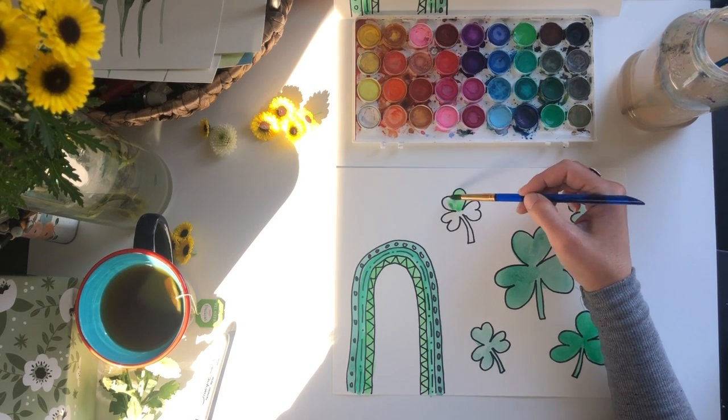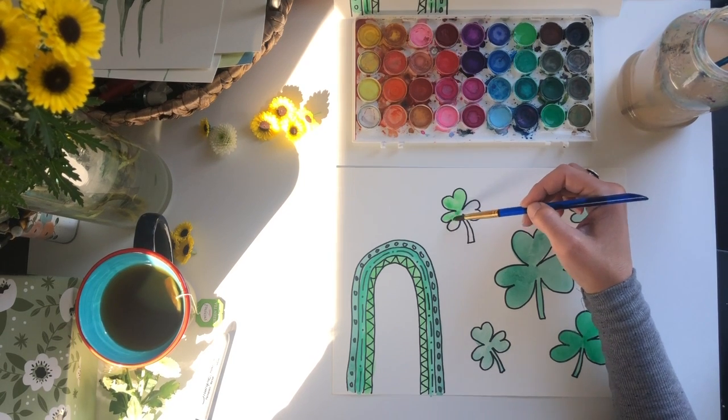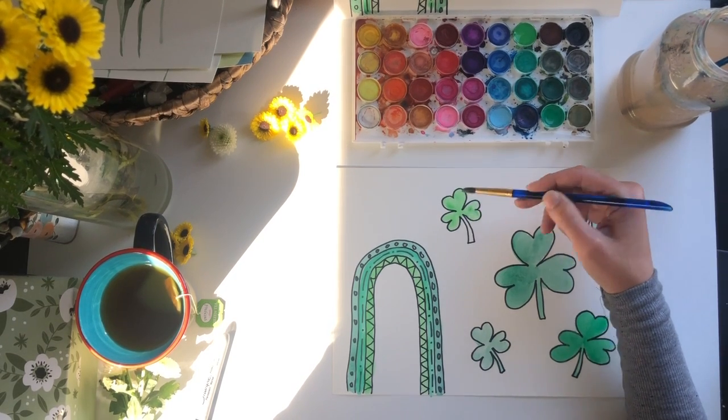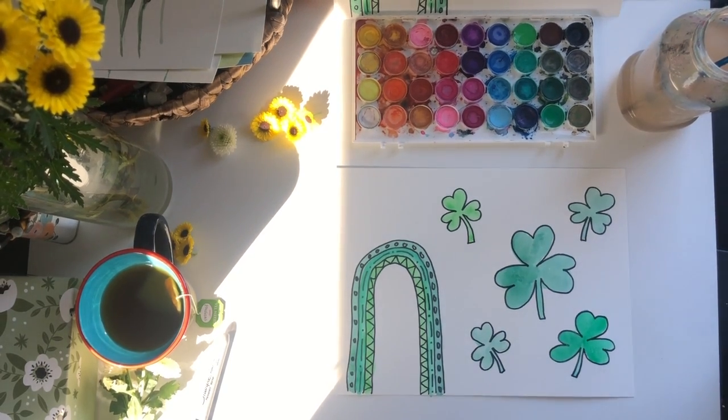This is just a really easy and fun way to paint with green for St. Patrick's Day, and I hope that you all have a very lucky day,